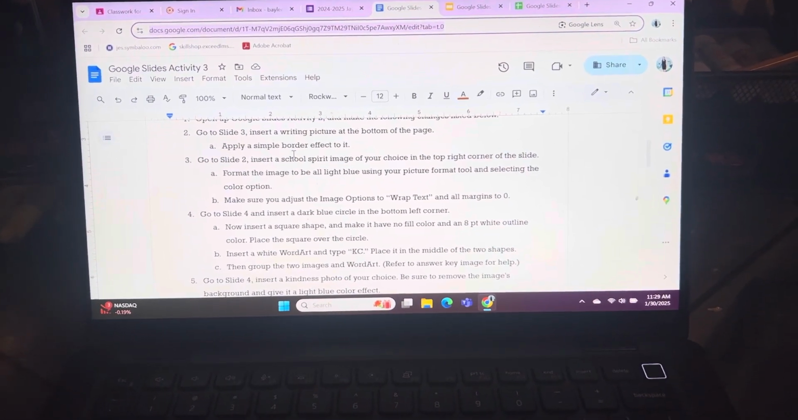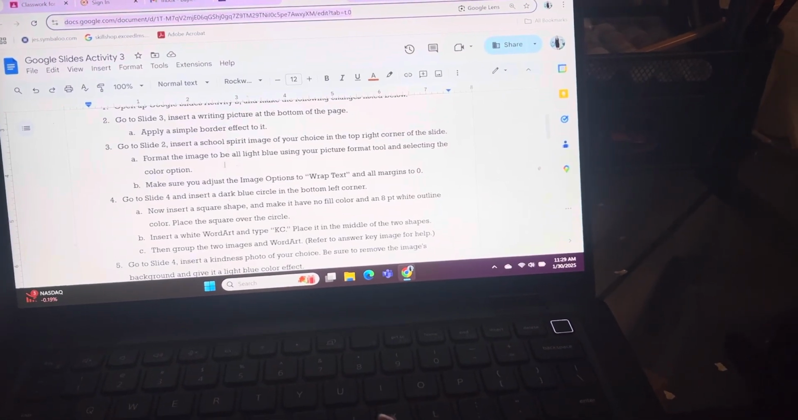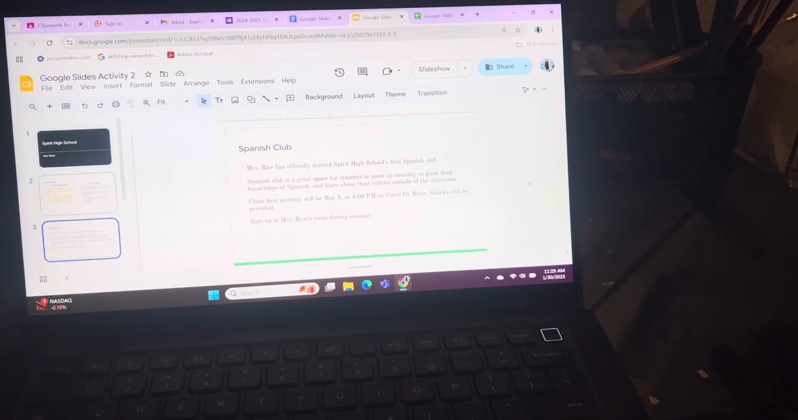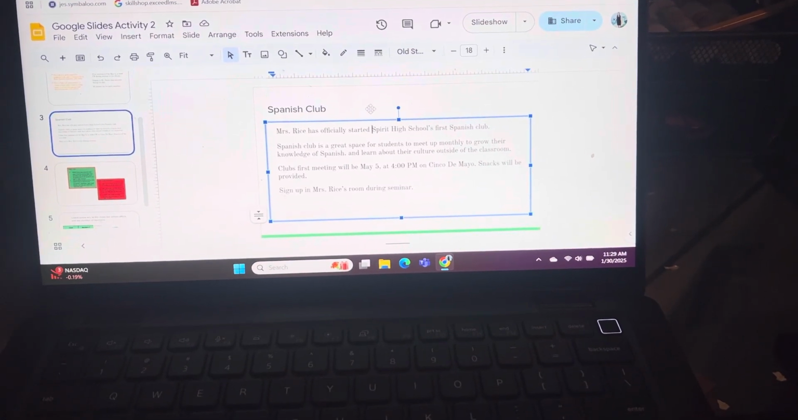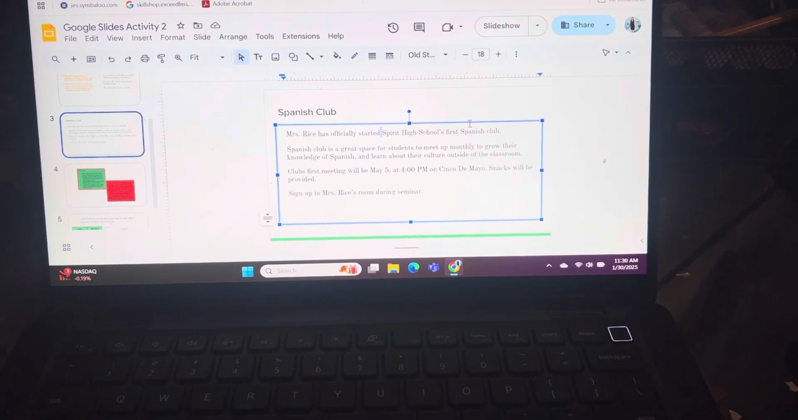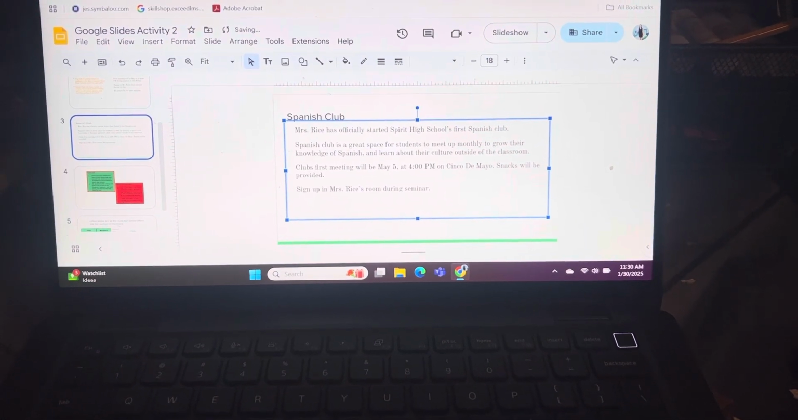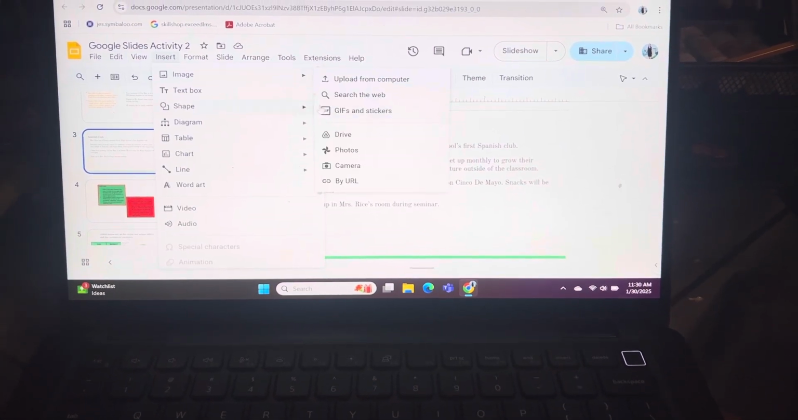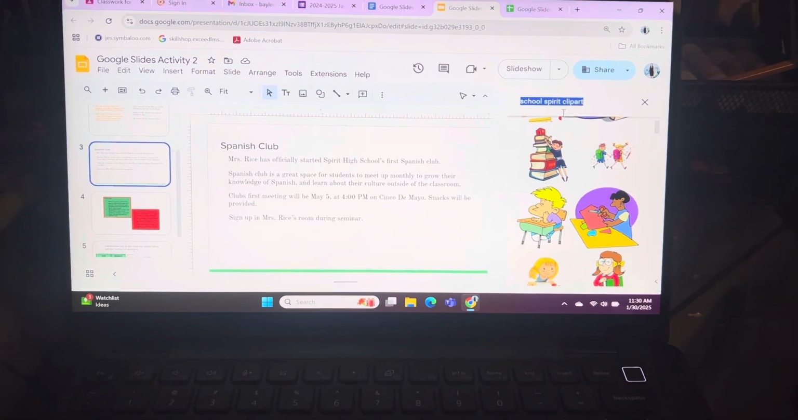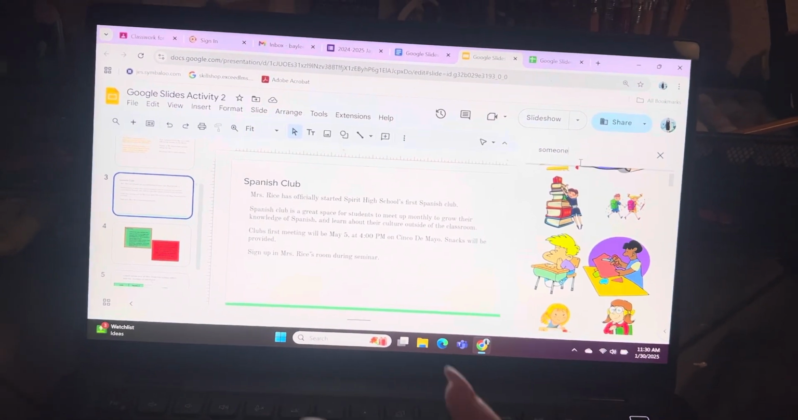Number 2 says, go to slide 3 and insert a writing picture at the bottom of the page. Apply a simple border effect to it. So you're going to go down to slide 3. I'm going to bump my text box up a little bit so that I have room for the picture right here in the bottom. I'm going to go into insert, image, search the web, and type someone